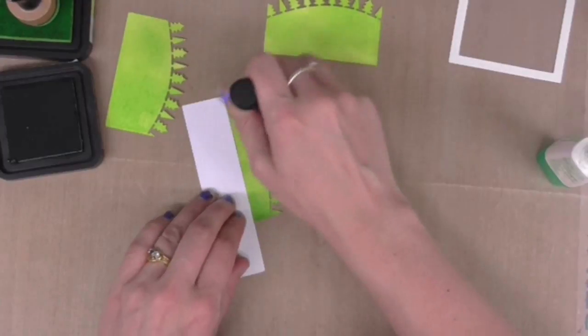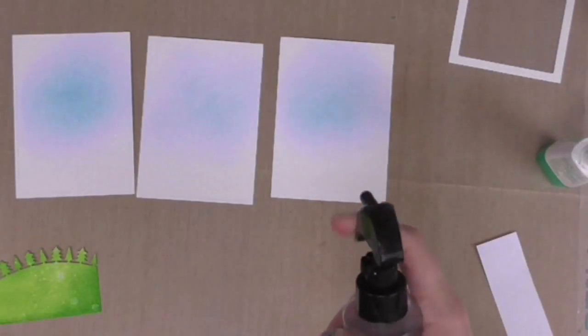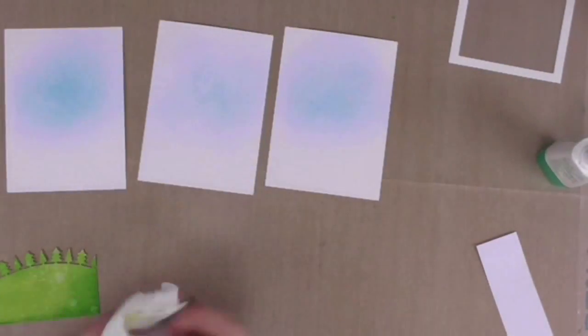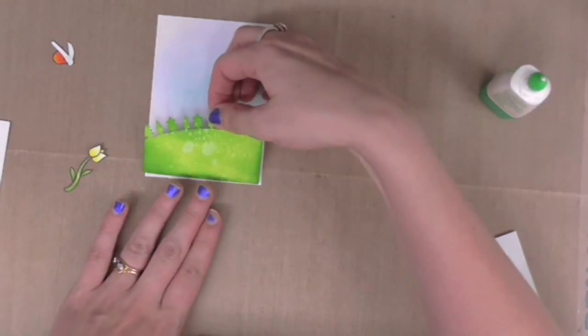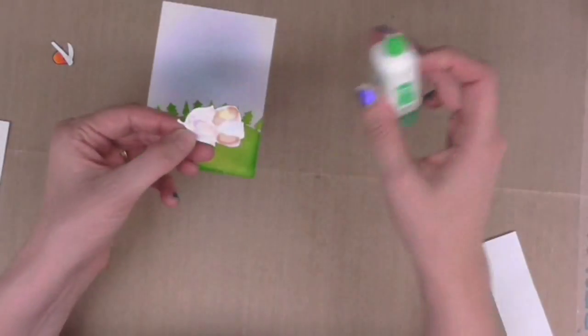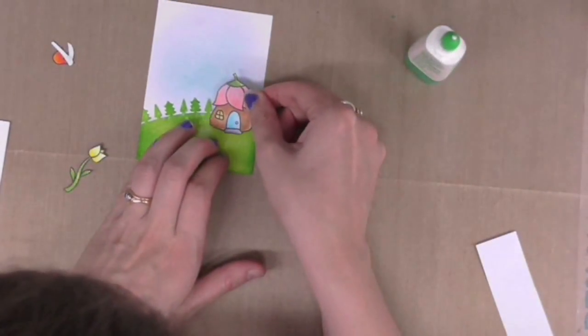I added a little blue ink to the background panel, and now I'm inking up the front panel with some green distress inks, and I'm going to spritz in with my distress sprayer just to give a nice distressed look. So let's stick this onto here, and I'm going to build up my scene in behind a layer of the